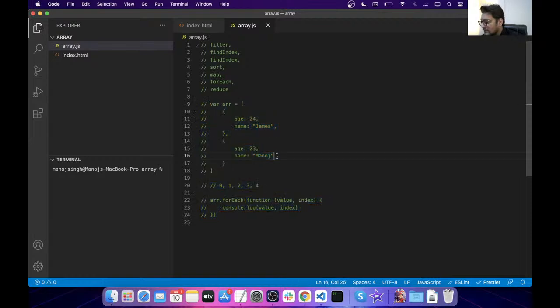Let's comment this out. One pattern that you will see in mostly all of the methods is that this argument pattern will always stay the same. The signature of the callback functions for all the methods will be the same. So for example, let's next try out a bit more complex one, and let's go for map. I redefine this array here, and then what I want to do is basically